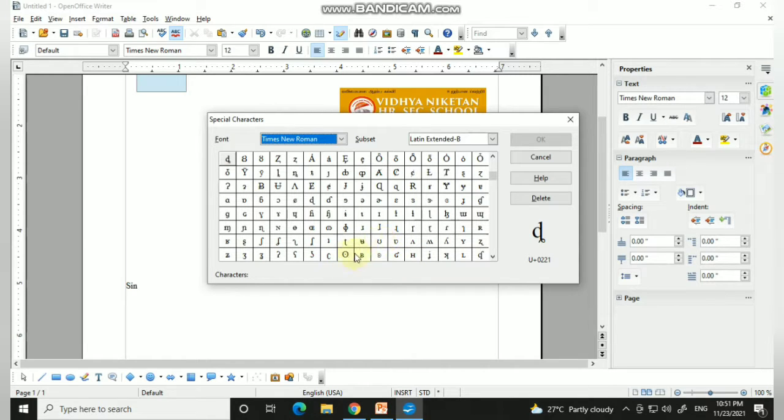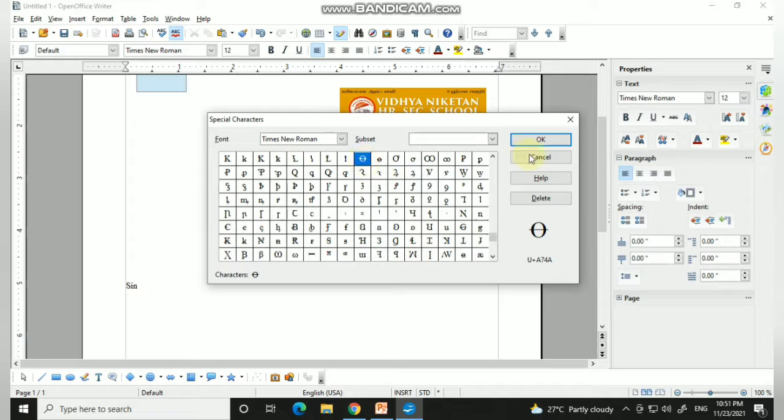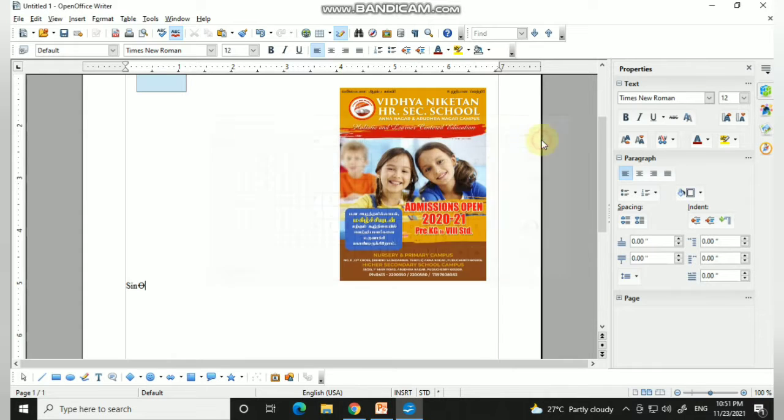See here, theta, and this is the Unicode, the character number for this special character. If you just click OK, you will have your special character inserted. Clear?